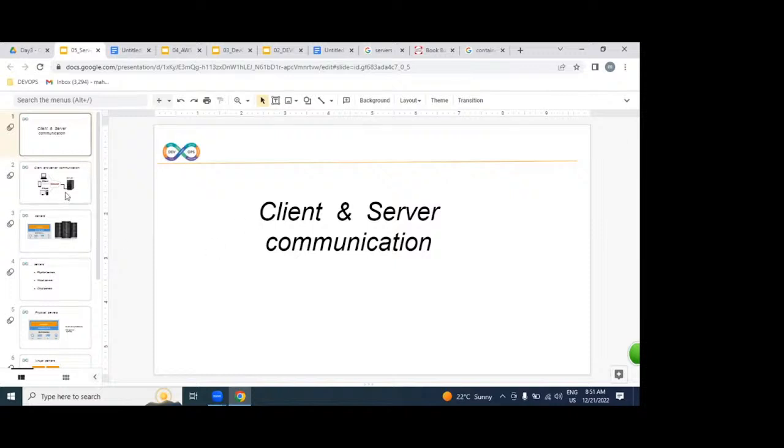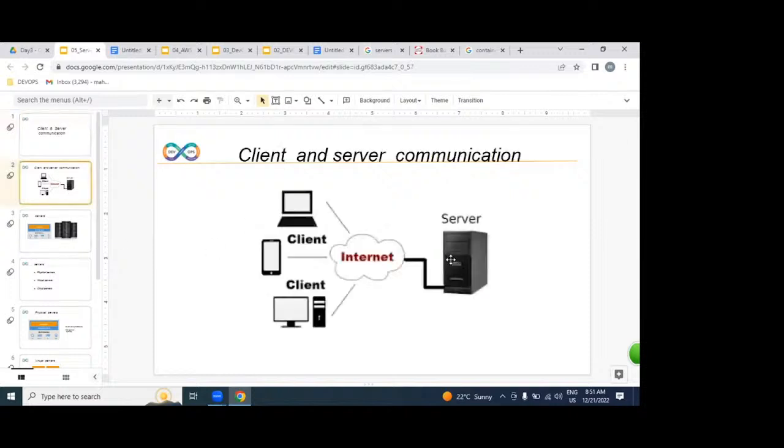So server-client communication, we understood. One server can handle n number of clients. Client means what? Laptop, am I right? Browser, sorry. N number of browsers can be handled by a single server. From anywhere in the world, we can access the same server.